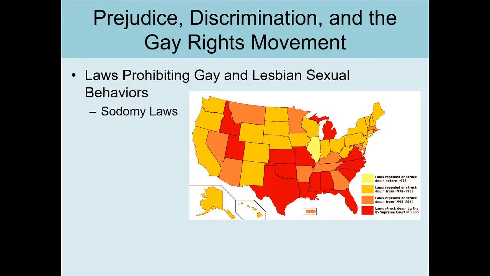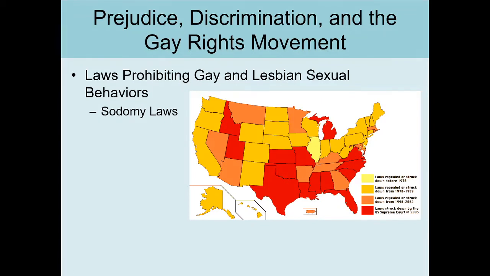Penetrating any orifices with an object, so any kind of dildos, would be illegal. So the sodomy laws claimed to be ways to prosecute, for example, rapists who did lots of different things to their victim. They would get called on sodomy laws and things like that. And they were used for that a lot.